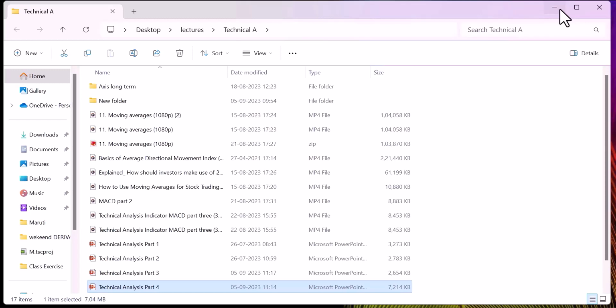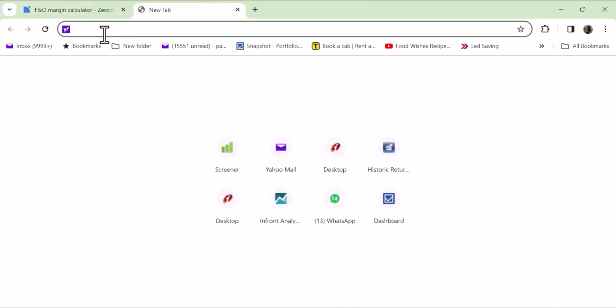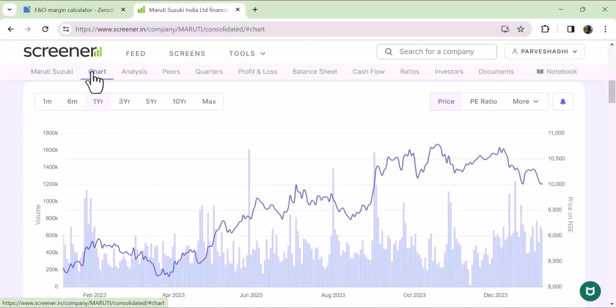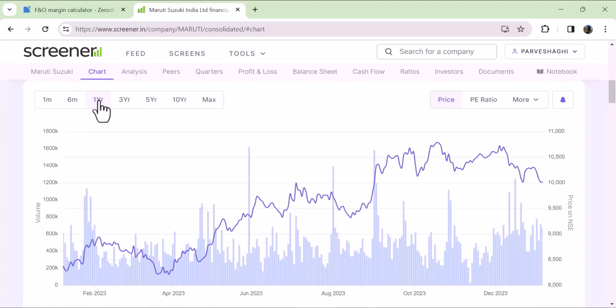I'll show you a little bit on the screen, live. We go to the site and go to the screener, and take any stock, like Maruti, for example. There is a chart here telling you the price trajectory of Maruti. This is a 1 year chart. If you look at the movement of Maruti, it was rising for most of the year, but then it started falling in recent times, isn't it?